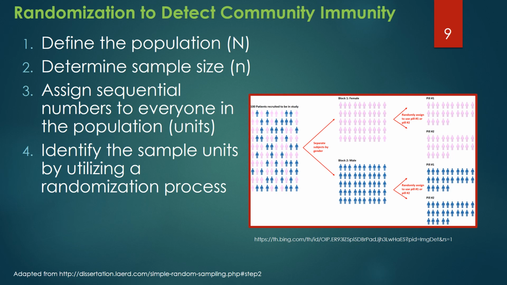This slide lists 4 common steps for a random sampling process. First, define the population, community or group to be sampled. This is the big N designation when using a sample formula, which will be discussed in a few minutes. Next, determine sample size, expressed as the small n in the formula. This sample size number may be chosen based on budget limitations or time available to do the study.